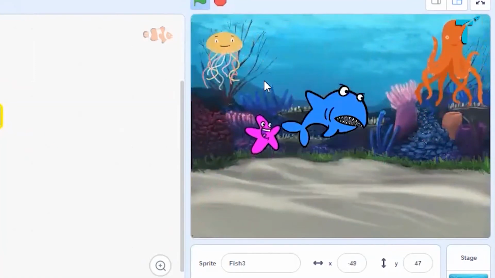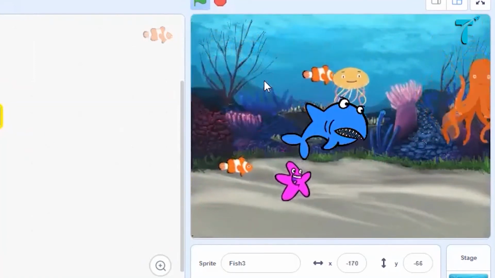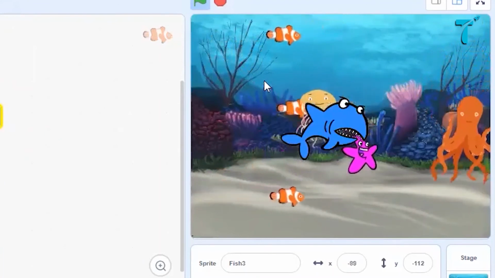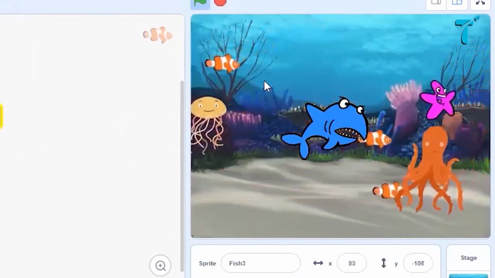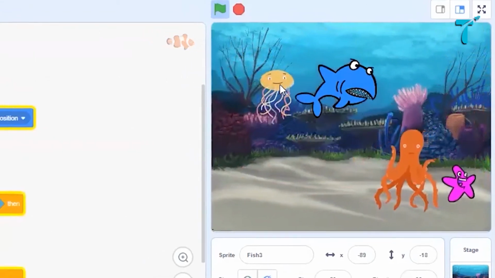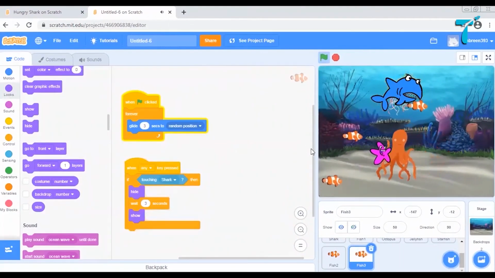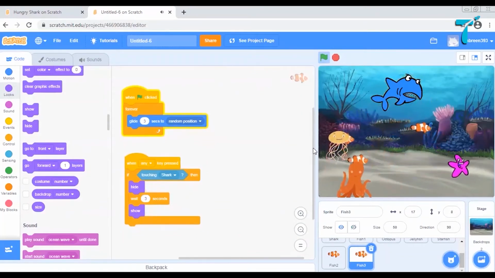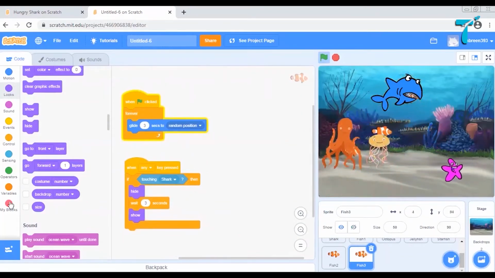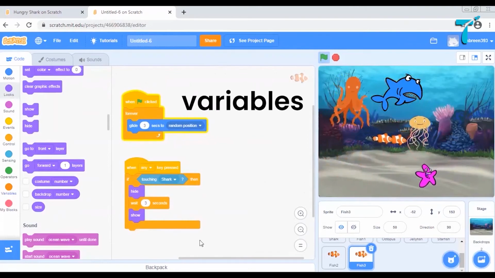Now, the most important thing. What is the most important thing in a game? Of course, that is score. The player should get a score counter, right? Now, score is something that changes throughout the game, right? So something that changes is called a variable.